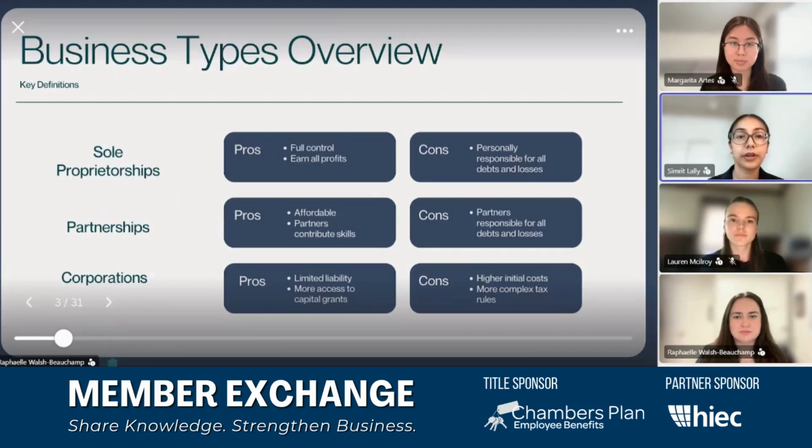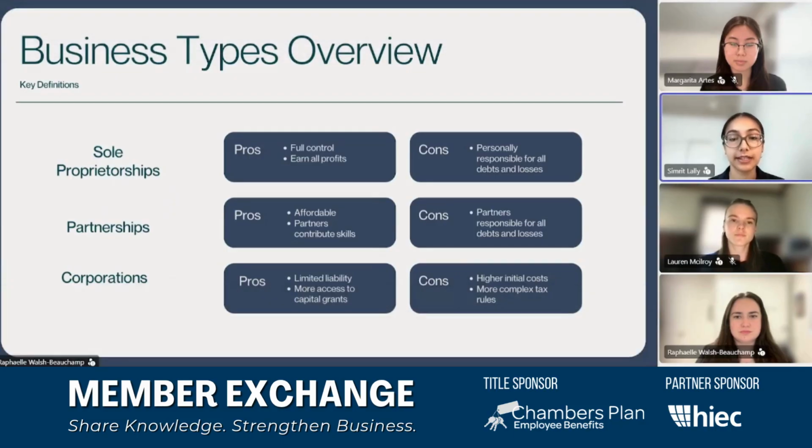To begin, it is important to consider which business type applies, as each of these structures has implications regarding its benefits and liabilities. A sole proprietorship is a business owned by one person and is the easiest and most common way to start a business, especially for small businesses and for individuals starting out. Some advantages of a sole proprietorship include the owner having full control of the company, the owner keeping all of the profits, and it is easy and affordable to set up. A major disadvantage of sole proprietorships is that the owner is personally responsible for all debts and losses.